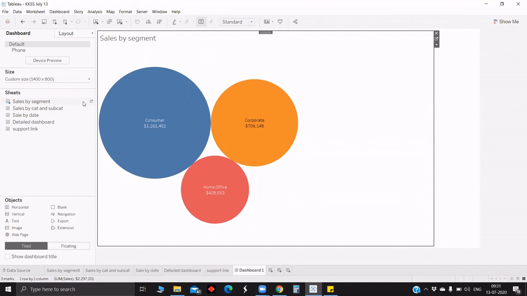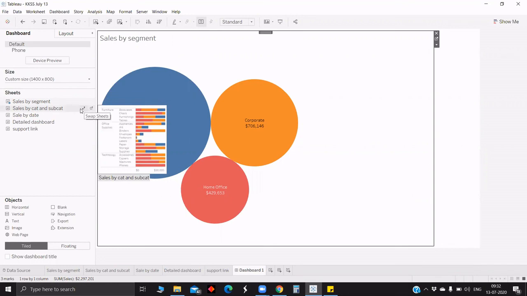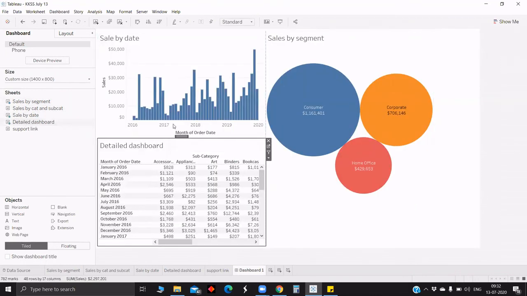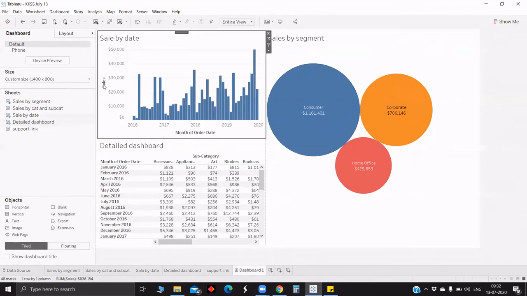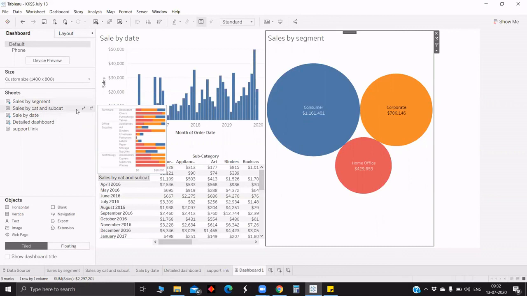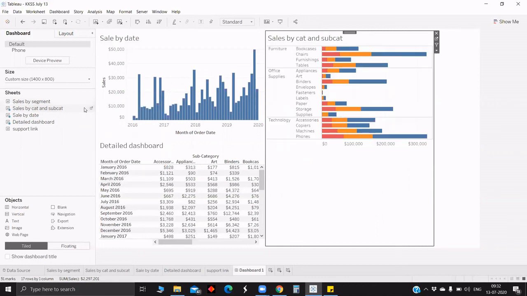Okay, so for this you have to select a specific part of the viz, which is one of the charts maybe, and then you get this option. Can you have 2 of them and demonstrate that? Let's have 2 vizzes. Yeah, perfect. Now let's say you want to replace sales by segment with maybe sales by category and subcategory. First we have to select sales by segment. Then we have to go near the sheet which you want to replace it with, for example sales by category and subcategory. So we have got this arrow. Once you use that, it will just replace.